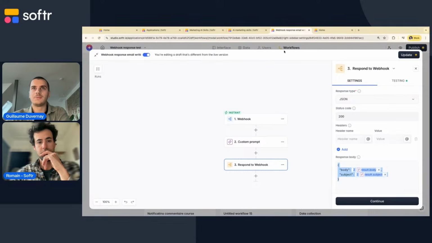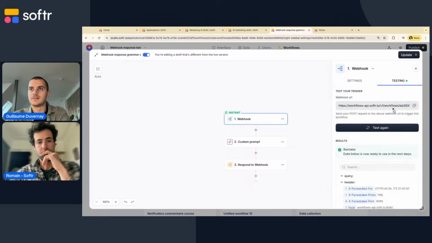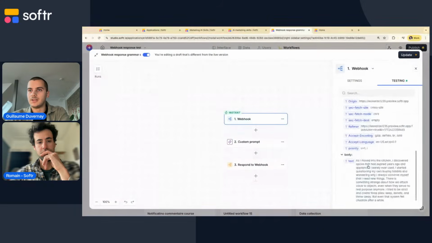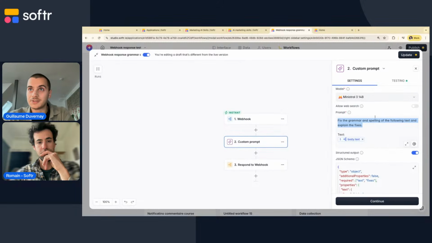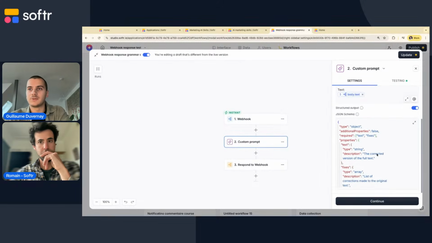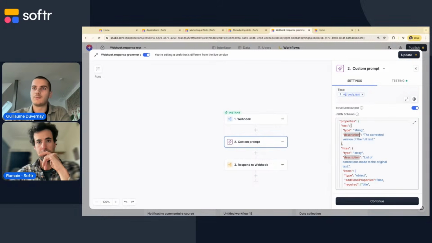So both of them are using this respond to webhook. So we received the text right here. We have AI fix the grammar, actually with a very, very small model here by Mistral. I just described what I wanted to ChatGPT, which wrote that for me.